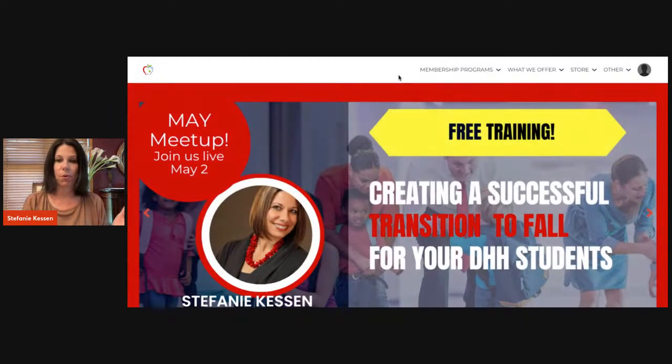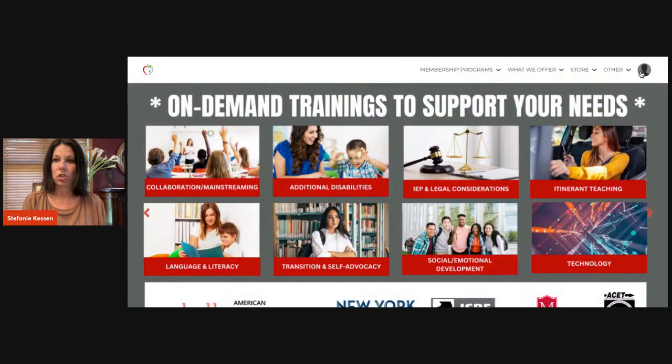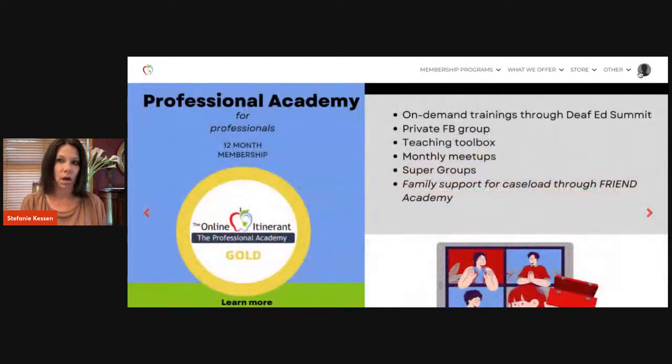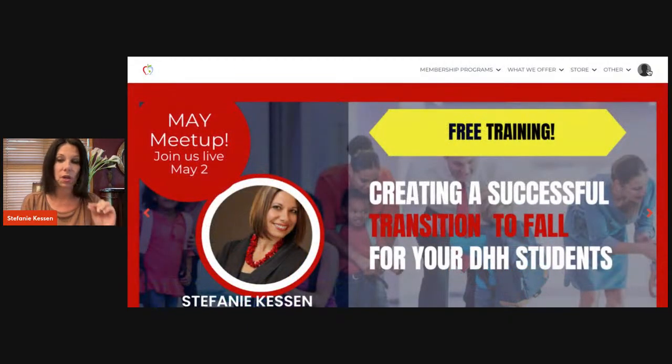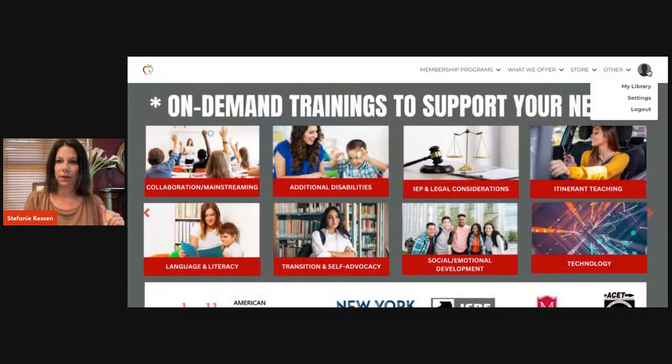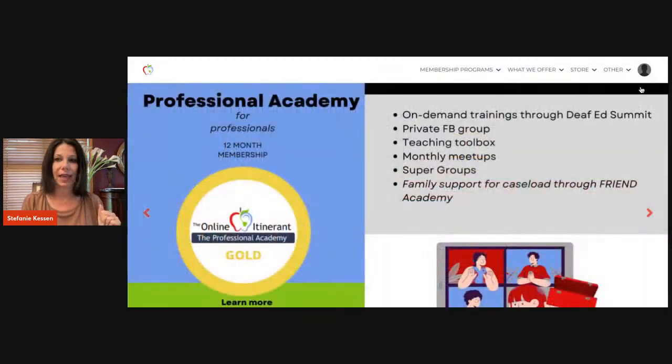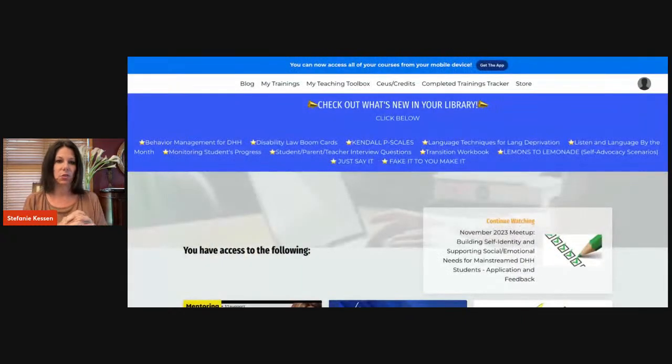Something I always like to point out: if you have logged in in the past, you're probably already logged in. You can see your account right here from the icon. Now you can add a picture, an avatar, of yourself. I don't have one right now. But when you do that, just click on My Library, and it's going to buzz you right into your library. There are always a few things I want to point out. We have recently modified this top menu. So once you're in your account, you can go to the different things within your library just from the top